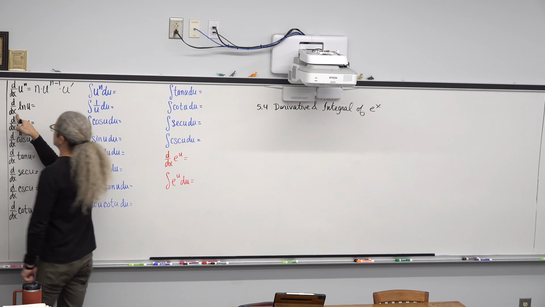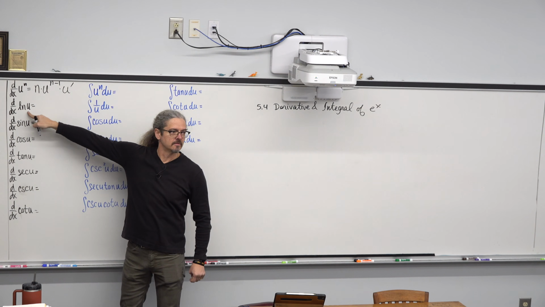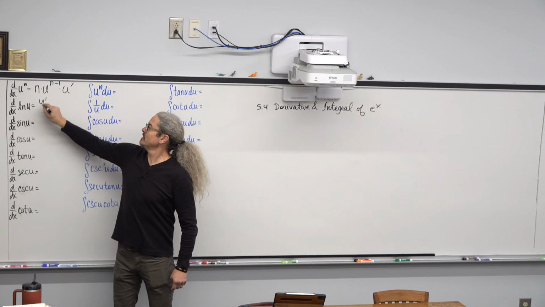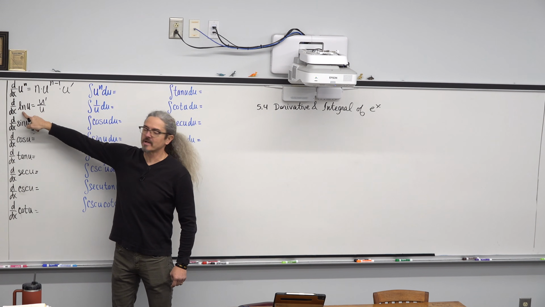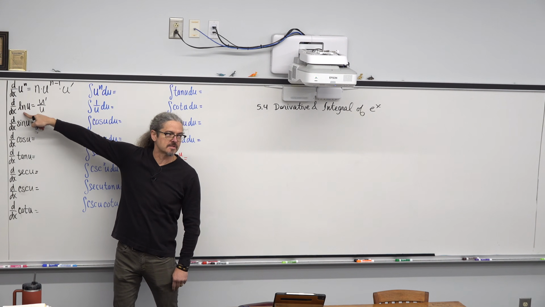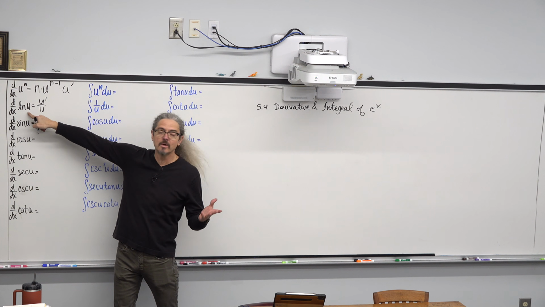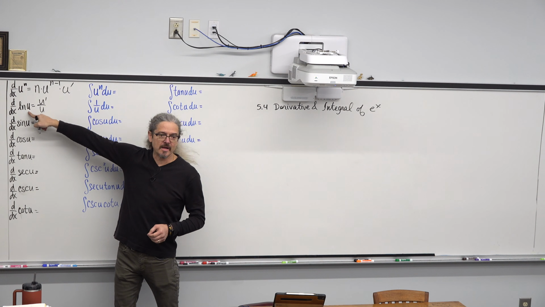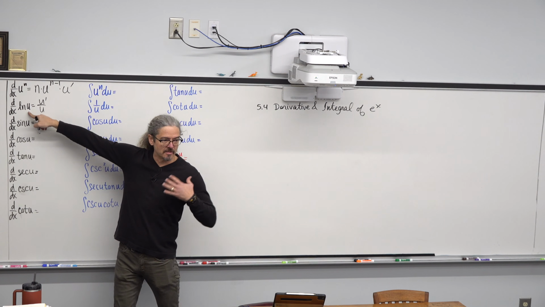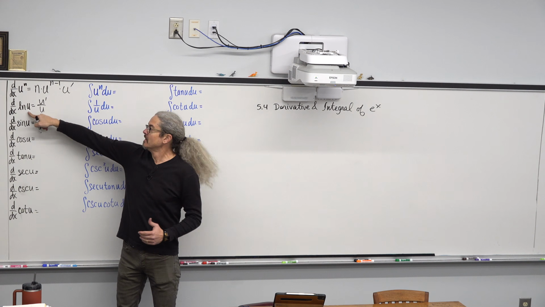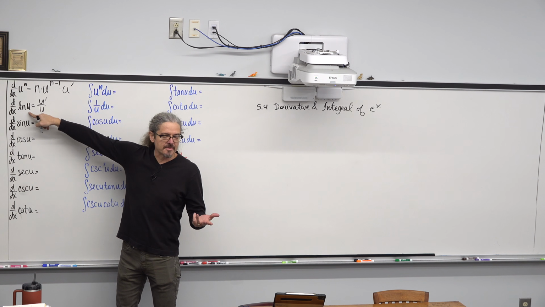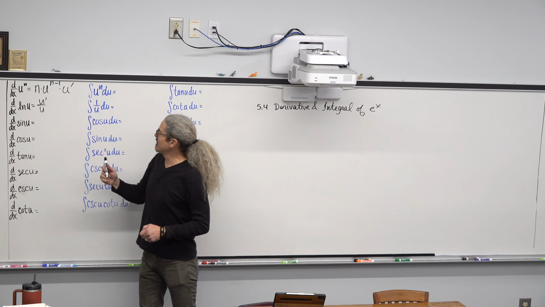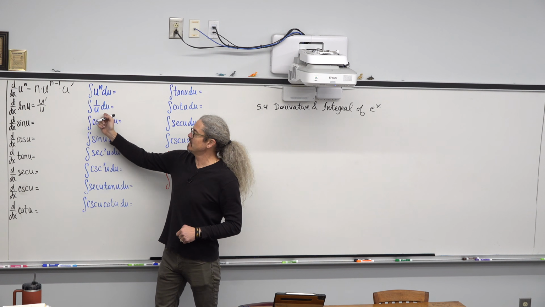The derivative with respect to x of natural log of u is u prime over u. Let's not forget the domain of natural log is that u would be greater than 0. We don't need the absolute values around the u because if you're given a logarithm with an expression inside, it's already implied that the domain is greater than 0. We're going to have to remember to include the absolute value, though, when we do the integration.